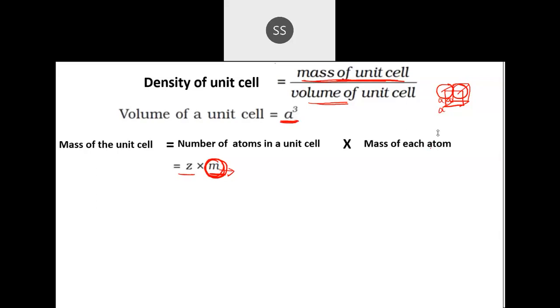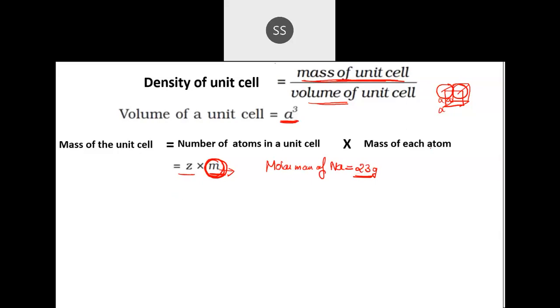Molar mass means what? Yes, very good. Correct. So it is mass of 1 mole of substance, in grams. Molar, they are telling, so that means it is mass of 1 mole of substance. So now here, when you talk about molar mass, for example, if I tell you molar mass of sodium is 23 grams, that means here I am having 1 mole of atoms of sodium, which is weighing as 23.